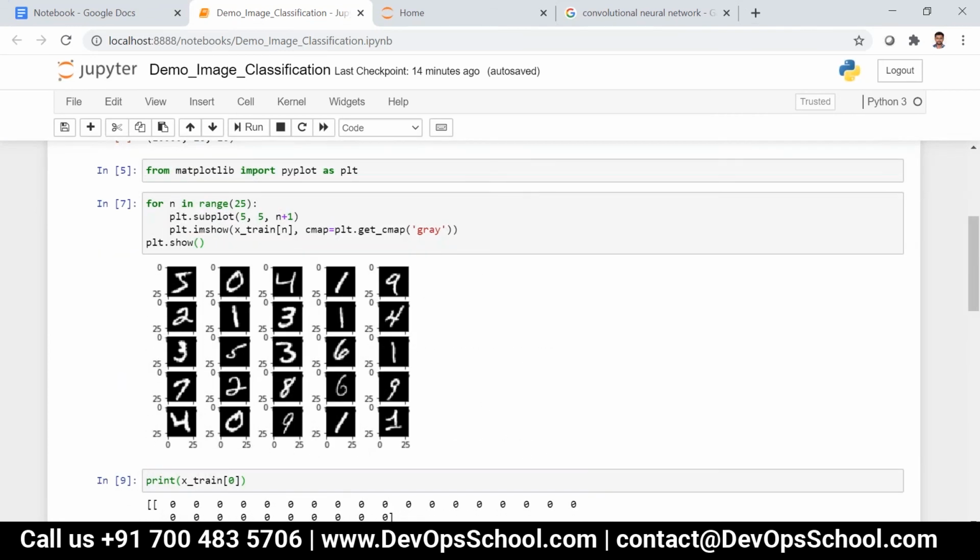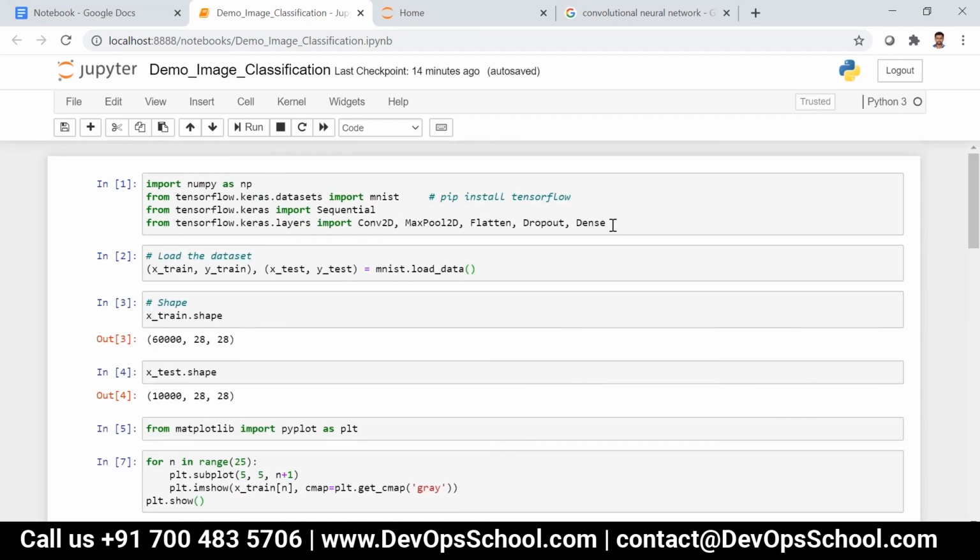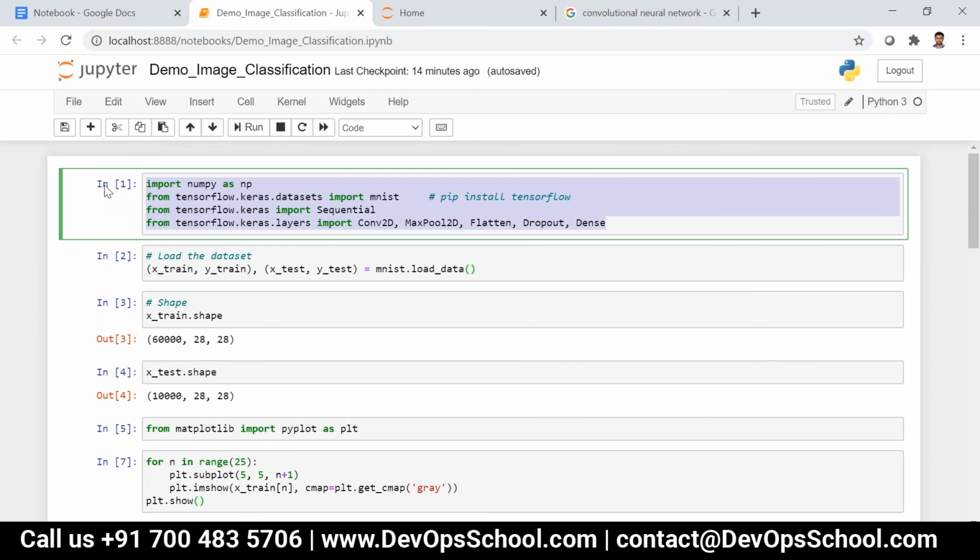So guys, you want to try this out? Did you guys install that TensorFlow? Yeah, done. Okay, let me just copy this. Please try it out and let me know once it is done.